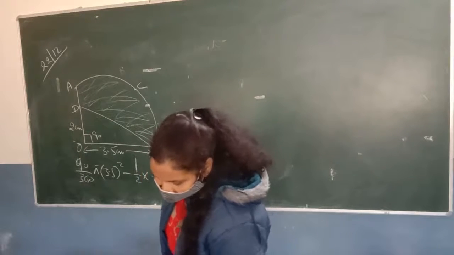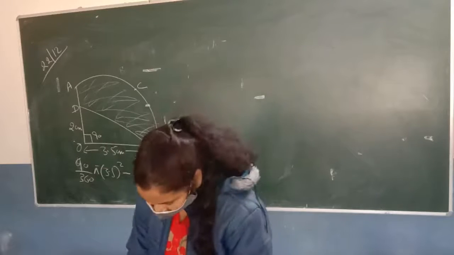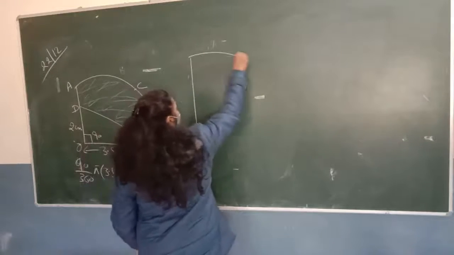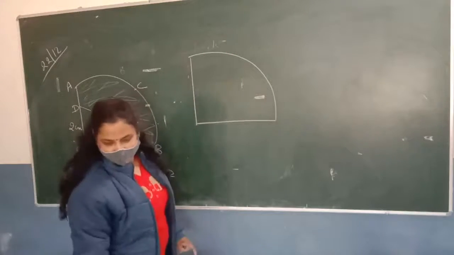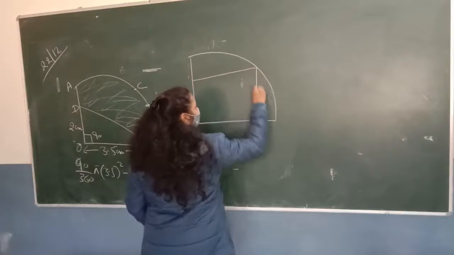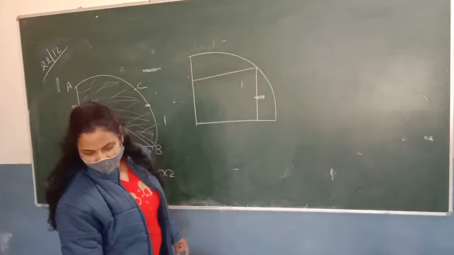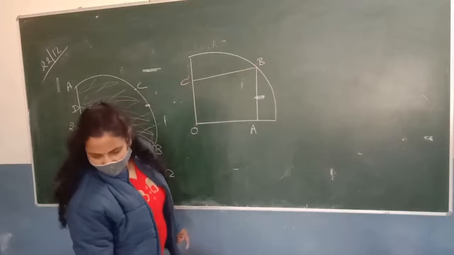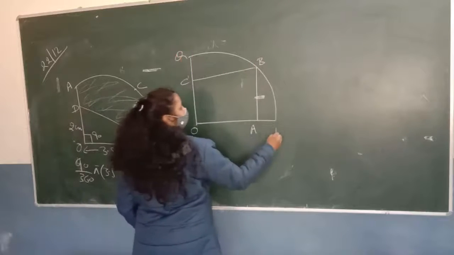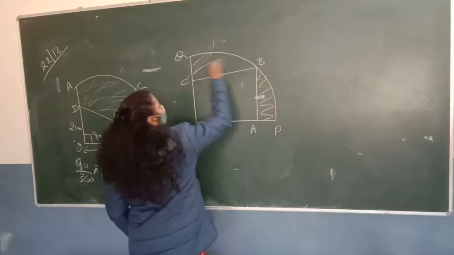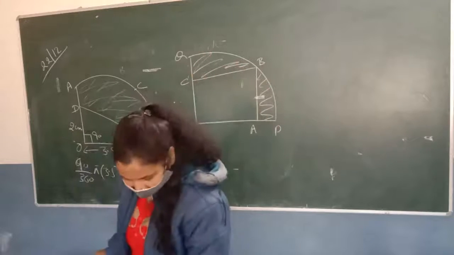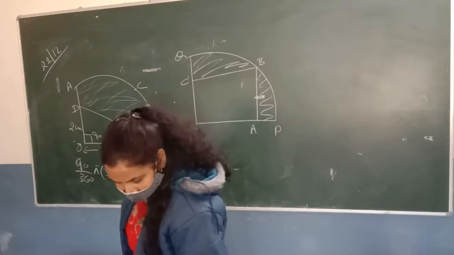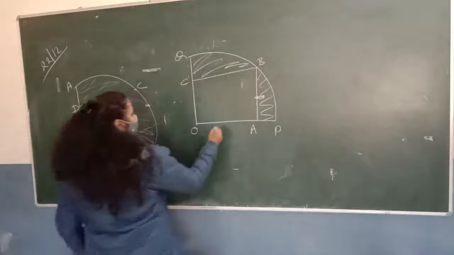Now the question number 13. Question number 13 is this one. Yeah, this is a nice question. And please raise your hand who want to do this question. This is the square in a quadrant O, A, B and C. Q and P. This is the shaded portion. The length of OA is 20 centimeter and you have to find the area of the shaded portion.